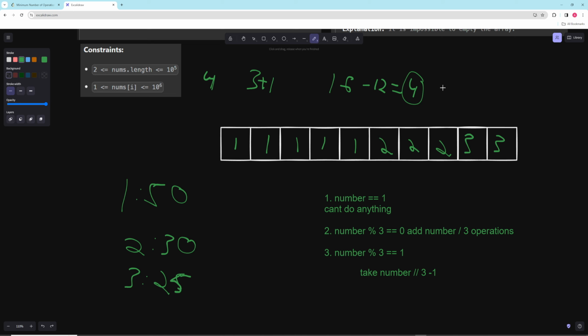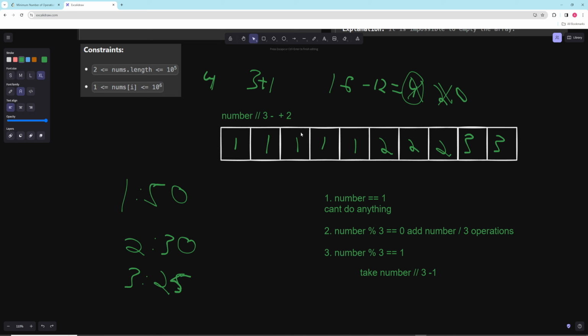So 4, you can just do delete by 2 or divide by 2, right? So you can go 4 to 2 and then to 0. And that would take 2 operations. So essentially your total number of operations is number 4 divided by 3 minus 1 plus 2 more because you'll always have a 4 left over essentially. And so that